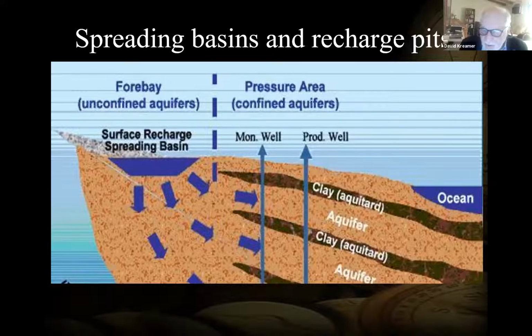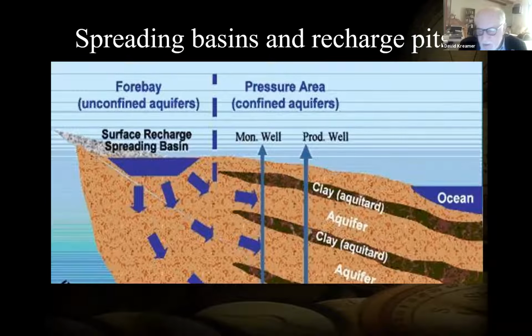In this particular graphic, the ocean is off to the right of the slide, and many places in the world have saltwater intrusion problems in coastal areas. With a rising sea level associated with climate change, some authors have called this the leading edge of climate change. Saltwater intrusion is increasing in some areas, and by doing artificial recharge, you can actually forestall saltwater intrusion in coastal areas. So this is one possible solution that could probably be increased in the Nile River Basin.